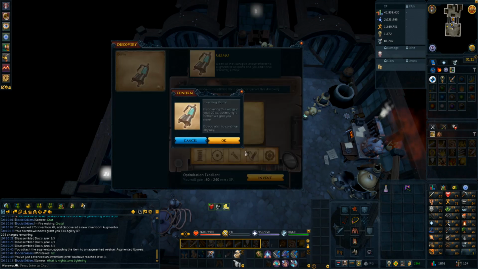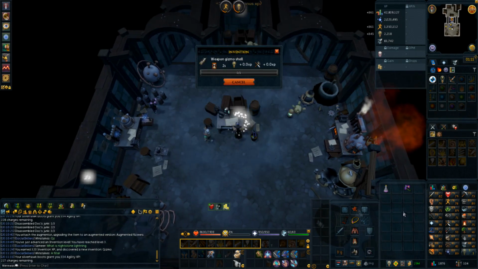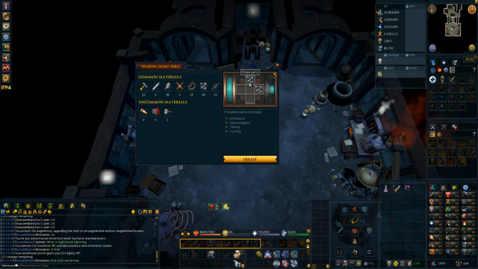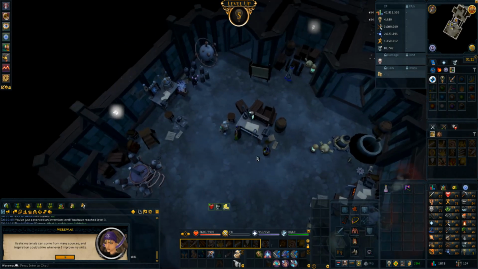I'll take the excellent. Now we manufacture a gizmo shell. You know what, none of these components are going to be good, so we're just going to throw in parts that I won't care about in the long term. Use that on the flowers. Now that gizmo is in the flowers,